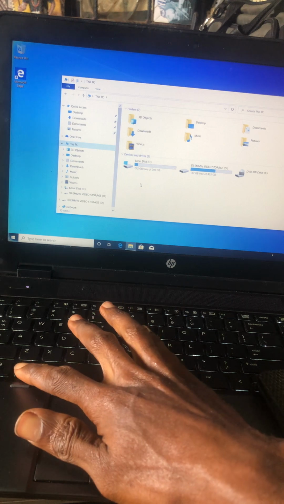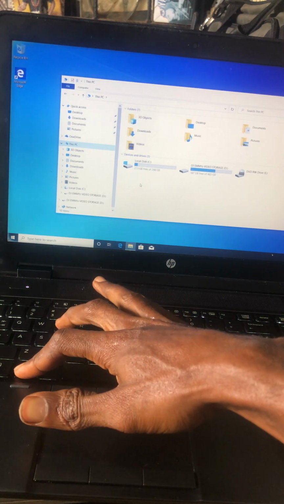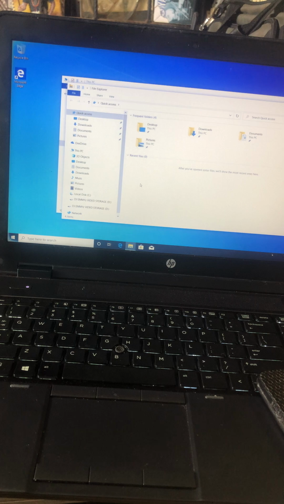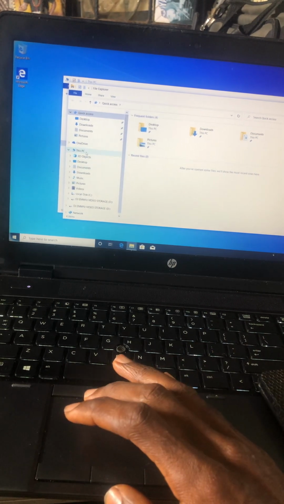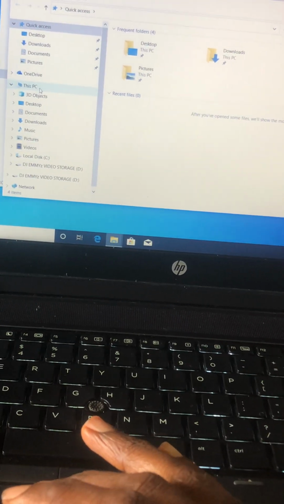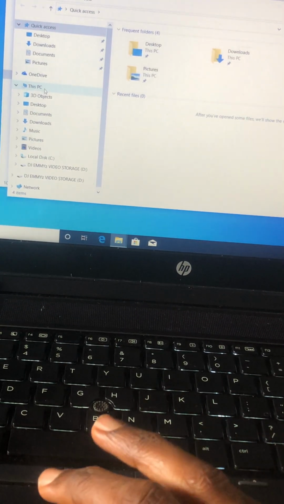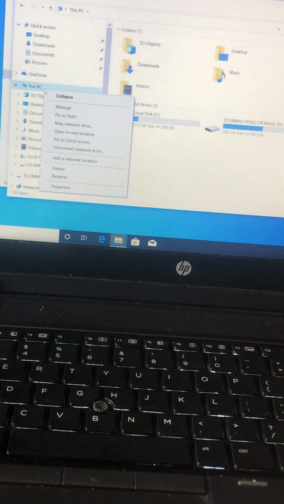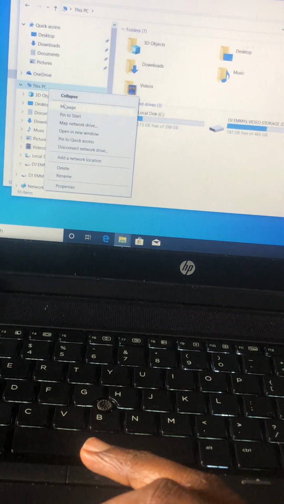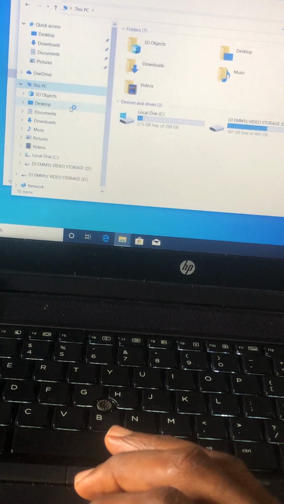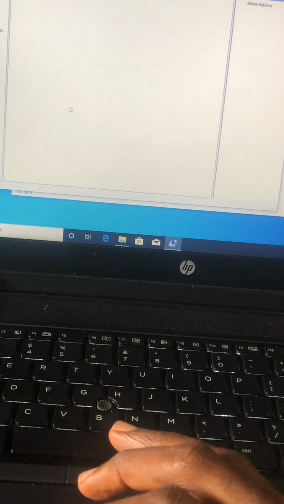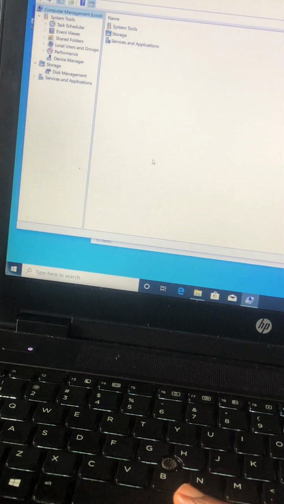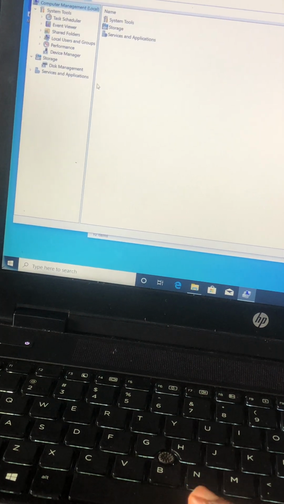You press Windows plus E. That is how you get the Windows menu. Then you go to the left corner. When you go to the left corner, you right click. When you right click, you go to manager. When you go to manager, you wait a little bit. Anyhow your system is faster, that's how you get this message faster. Then after which you go to disk